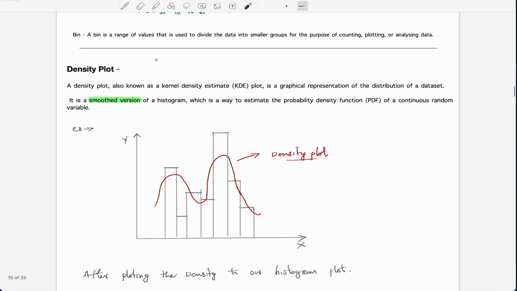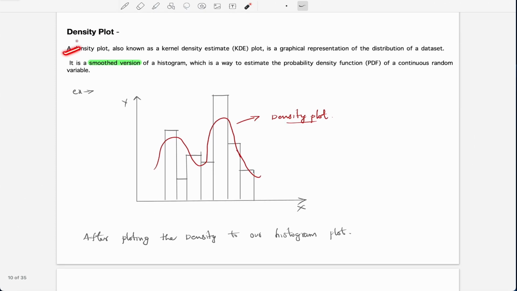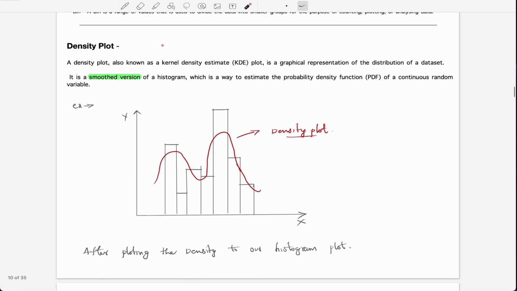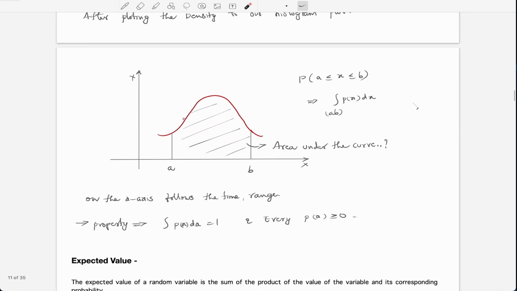Look at that, and we have a density plot there. What is this density plot? It's just a smoother version of that histogram. And after that, if you remove those bins, we get this, which is a normal distribution. I'm going to cover what this bell curve is, and what this normal distribution is, and so on. But as of now,